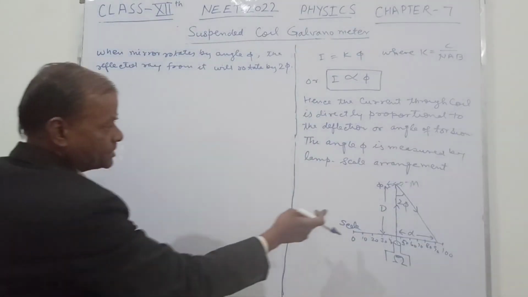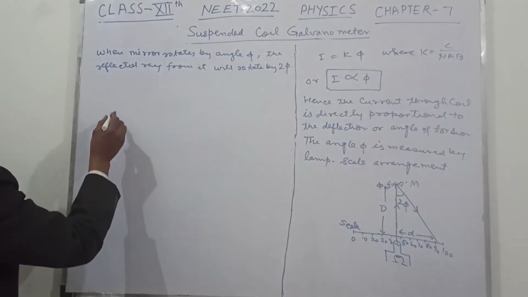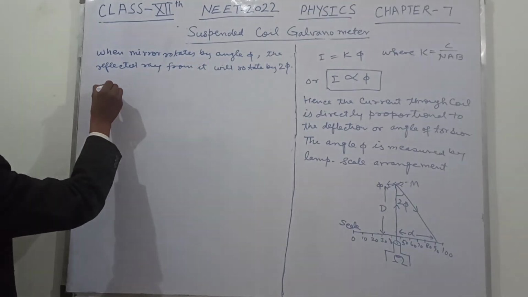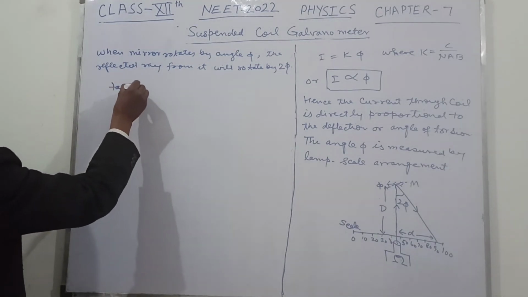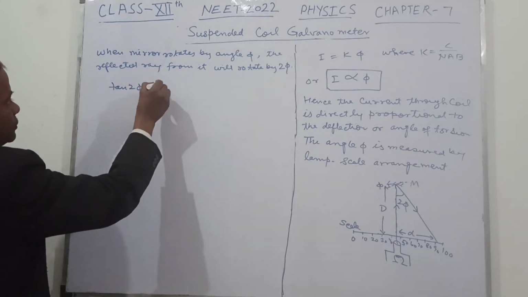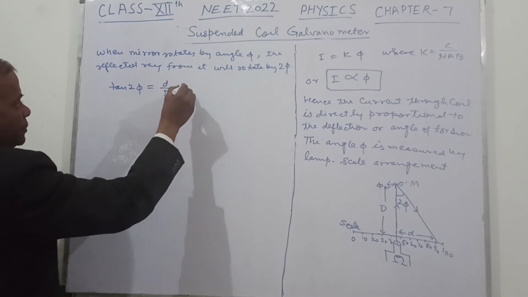So it means that this angle is 2 phi. So now tan 2 phi is equal to d upon D, where